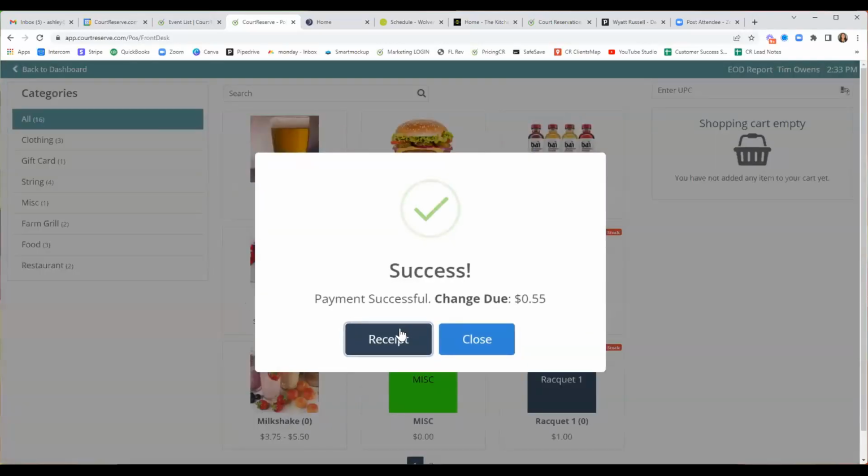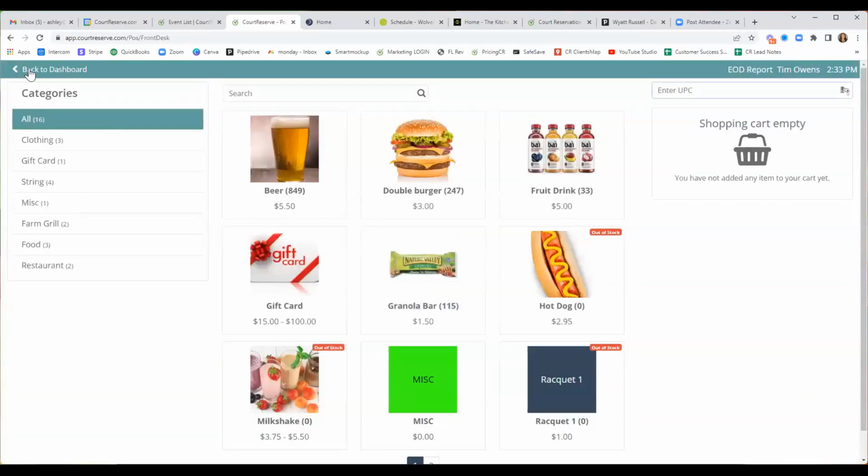the CourtReserve app, and you pay for what you use in CourtReserve. So if you don't need this point of sale module, then you don't pay for it. See, CourtReserve is month to month. We never require a contract, and you pay for what you use. So our point of sale and invoicing module is $25 a month in CourtReserve. If you don't need this, then you don't pay for it. We feel it's the best way to price in the CourtReserve platform, and we can talk more about pricing in